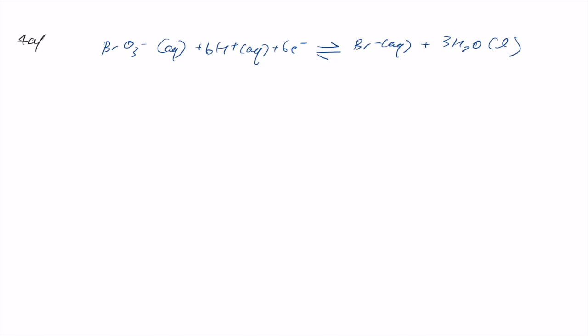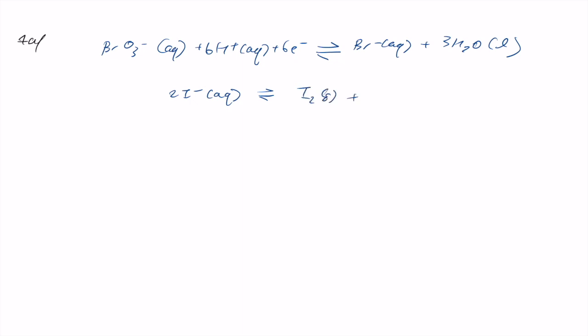So we have BrO3 minus, I should probably put the states in here, even though it's really annoying, plus 6H plus, plus 6e minus gives us Br minus plus 3H2O. And then we're also given 2I minus gives I2 solid,